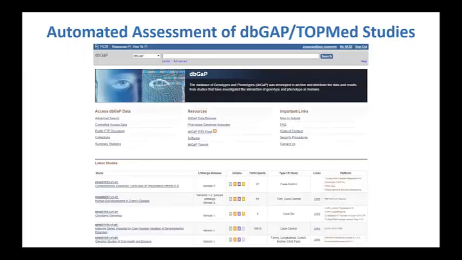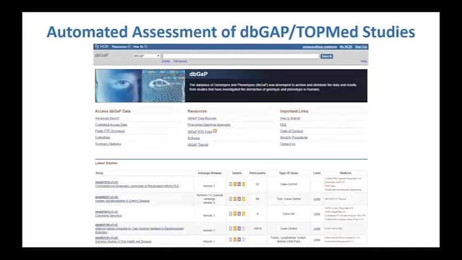So just a few words about automated assessments. dbGaP has a public FTP site that you can access, and I guess it's a very good thing that that site has machine-readable metadata that gives information about each of those studies.